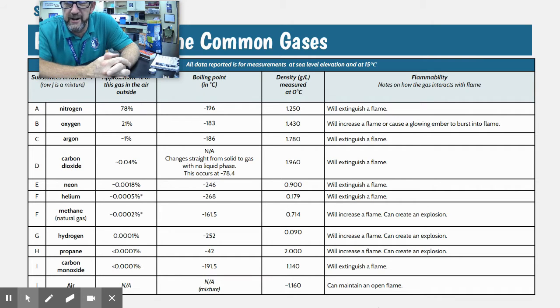Now, can I pretty much guarantee at this point, and I will ask, Joshua, are you with us, Joshua? Yeah. Okay. So I see that oxygen, methane, hydrogen, propane, and just regular air will all allow a flame to either increase, explode, or go from a glowing ember to a flame. Can I pretty much guarantee that the gas being made in my flask is none of those?